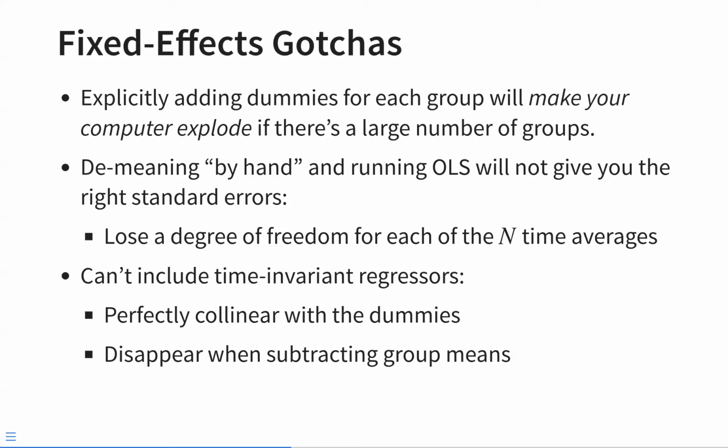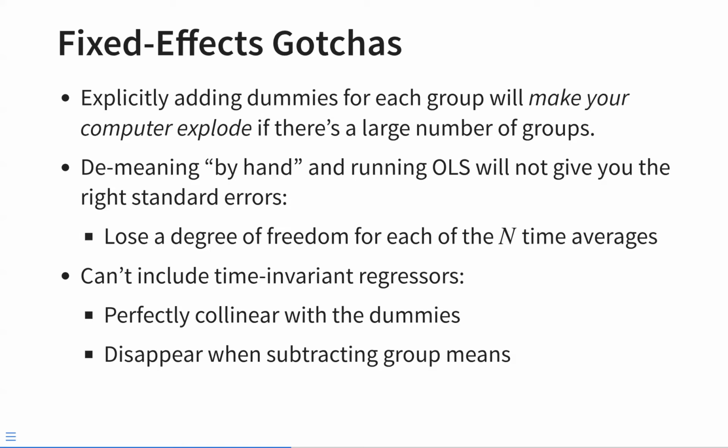Once you run a fixed effects regression, you're no longer going to be able to include any time invariant regressors in your model. They would be perfectly collinear with these individual specific dummy variables. And another way of looking at this is they would also disappear, just like eta I, when you subtract the group